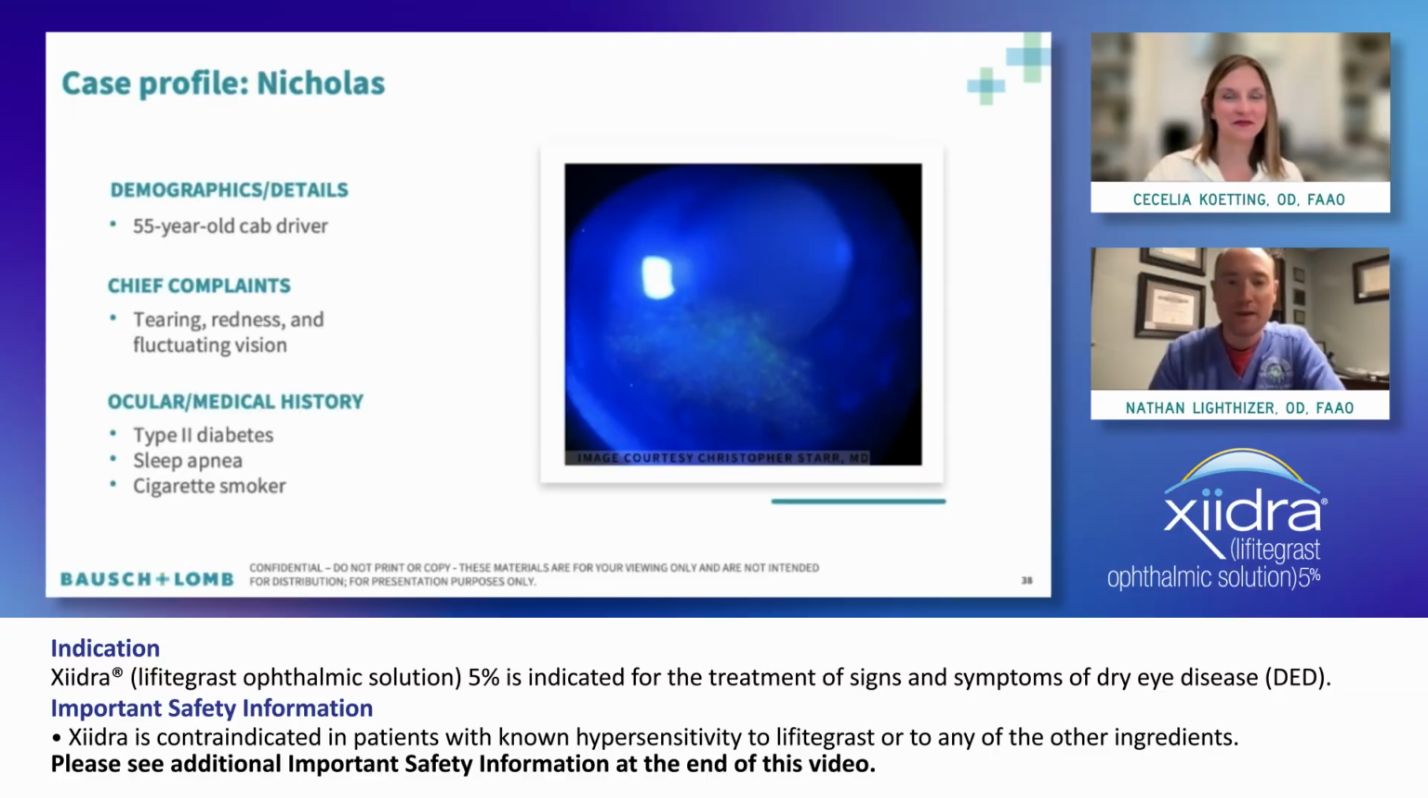In a minute or two before we get to our questions here, 55-year-old cab driver Nicholas and his chief complaints: tearing, redness, and fluctuating vision. So we've got that fluctuating vision again. That immediately makes me think unstable corneal surface, as Cecilia said, evaporative dry eye, MGD, but also I highlight the